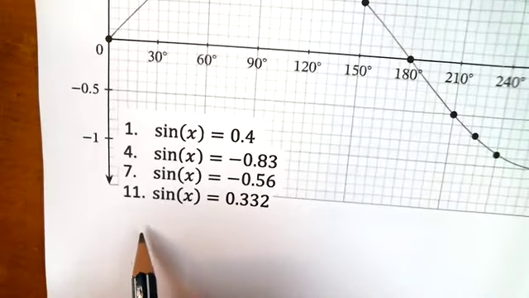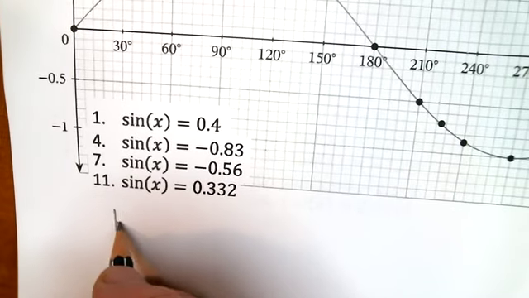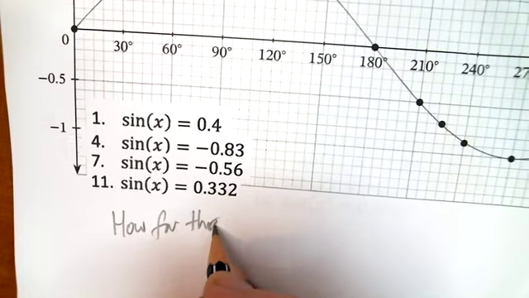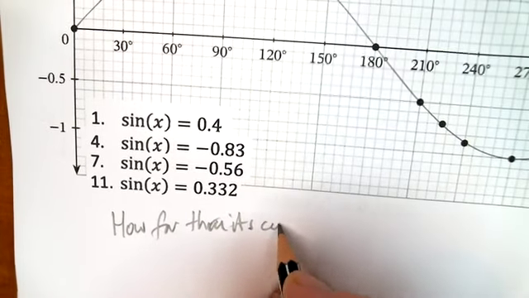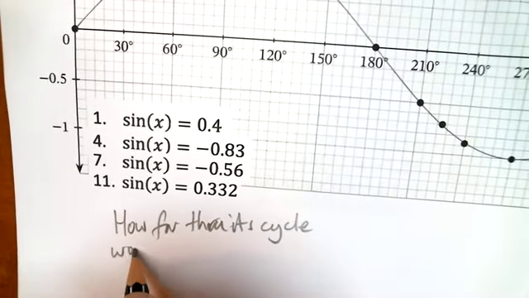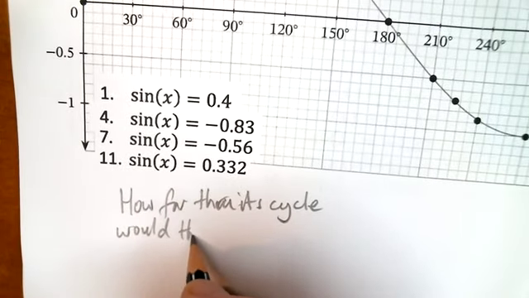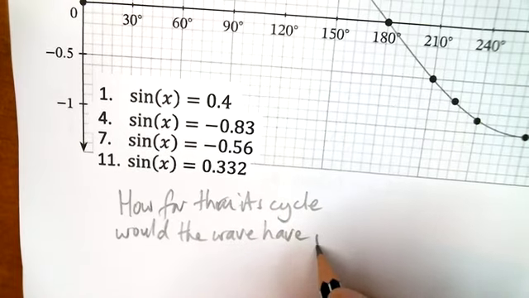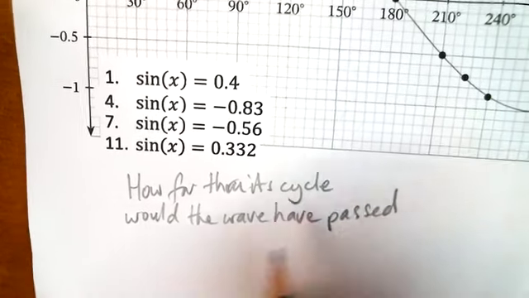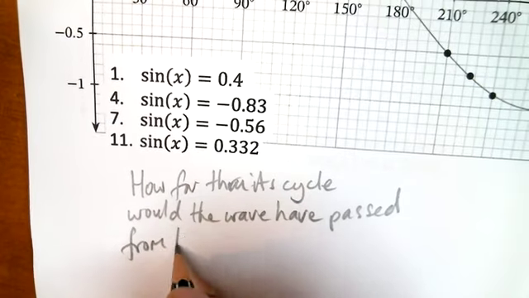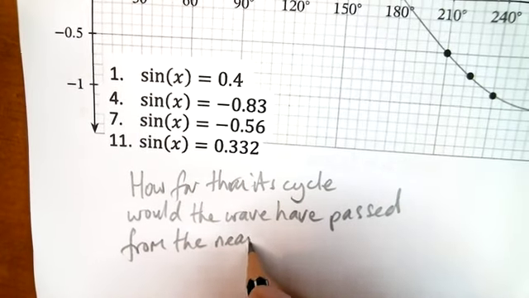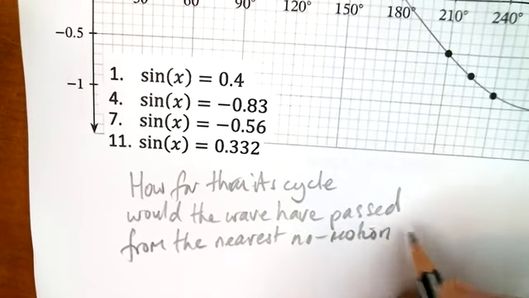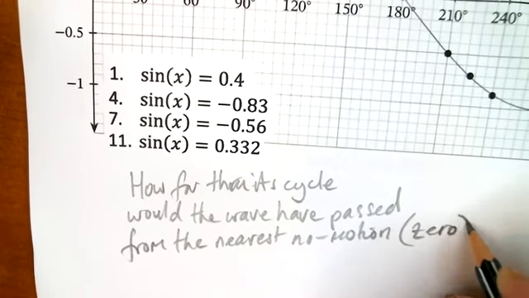So I'm going to make a note of that now. The question really is, how far through its cycle would the wave have passed from the nearest no motion position, or if you like, zero position, I'll say no motion position,